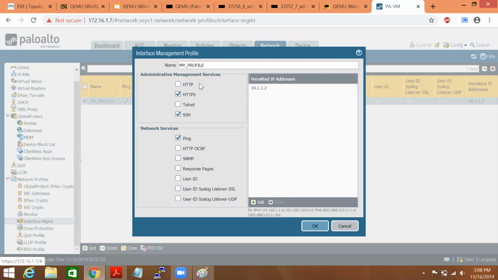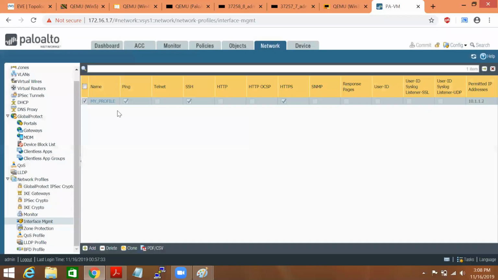And if I'm saying interface-based services, it means I allow the service to the firewall, meaning people are trying to hit the interface of the firewall. So that service we allow. If you do not enable HTTP on the firewall, how can people access it? Because the firewall will deny these services. So in order to allow these services, we'll have to configure the profile, nothing else.